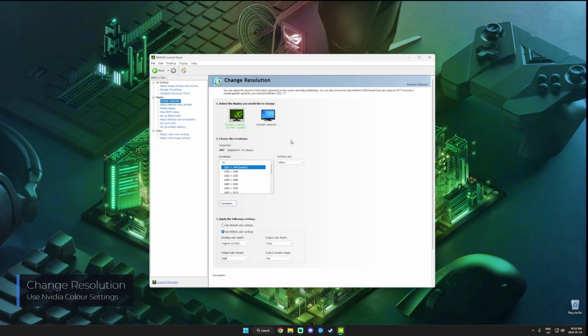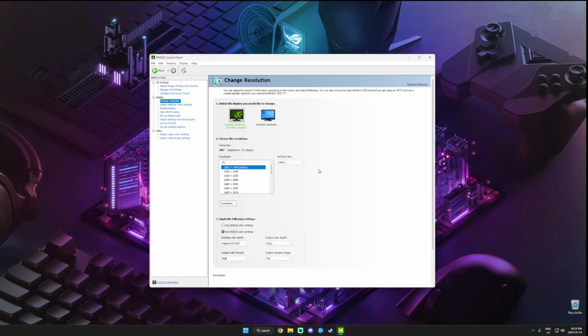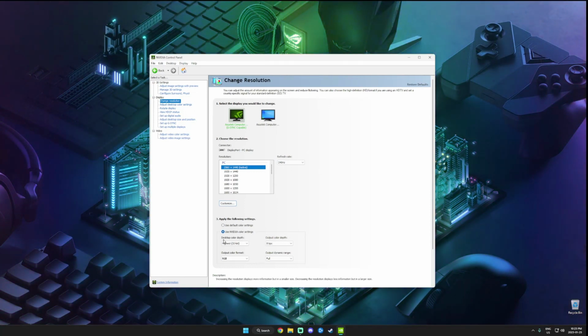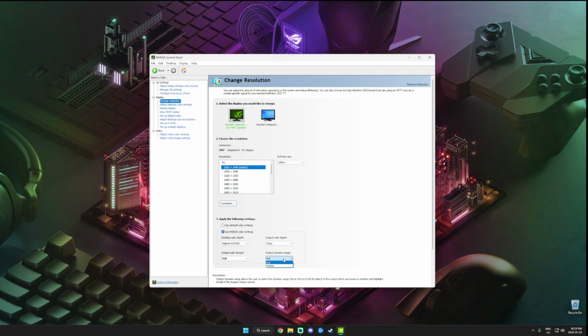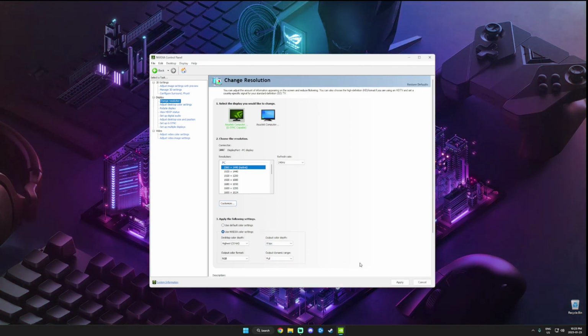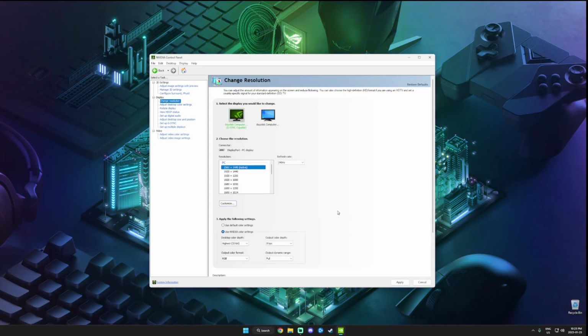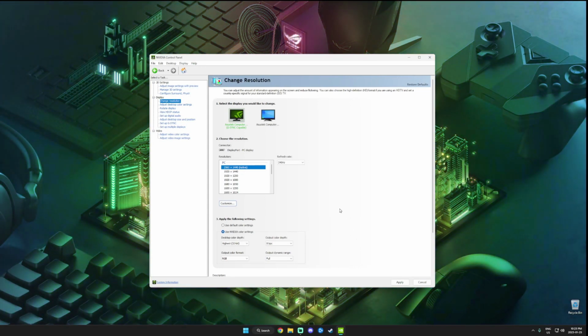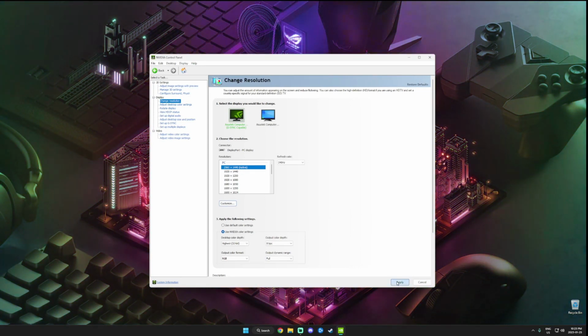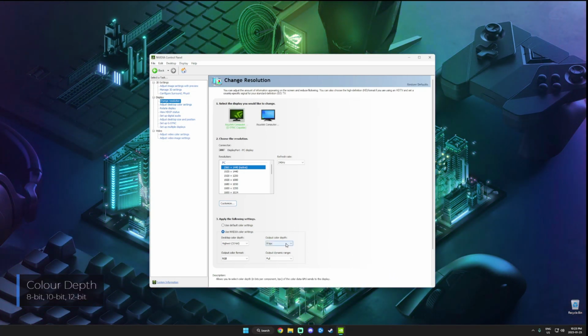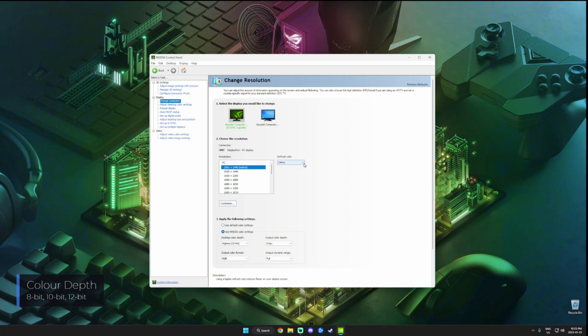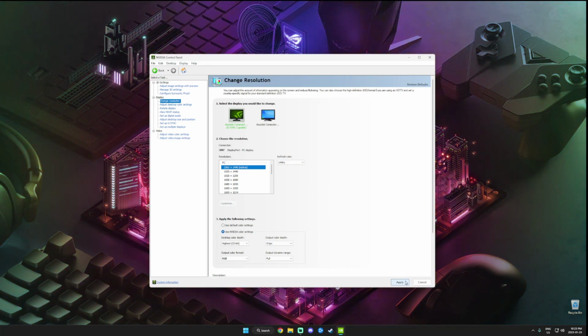Under Change Resolution, because we've set this in the Windows settings, this should automatically detect the refresh rate. But go ahead and enable NVIDIA color settings, set the output dynamic range to full, because this is going to help us out in dark and light areas, just to add a bit more detail. And hit apply. And you can see this is an 8-bit color profile at 240 Hertz, but if I drop down to 144 Hertz,